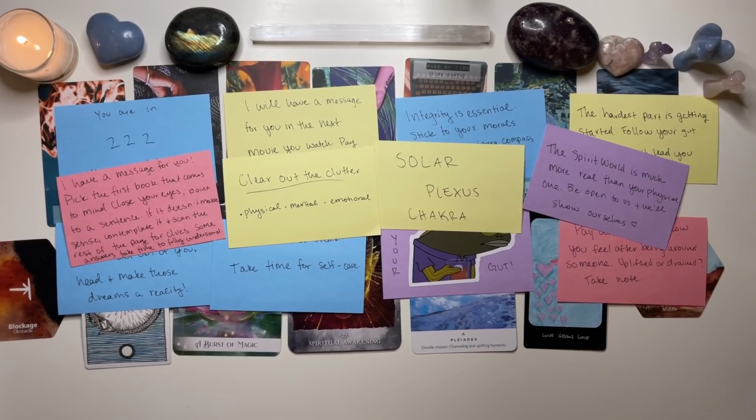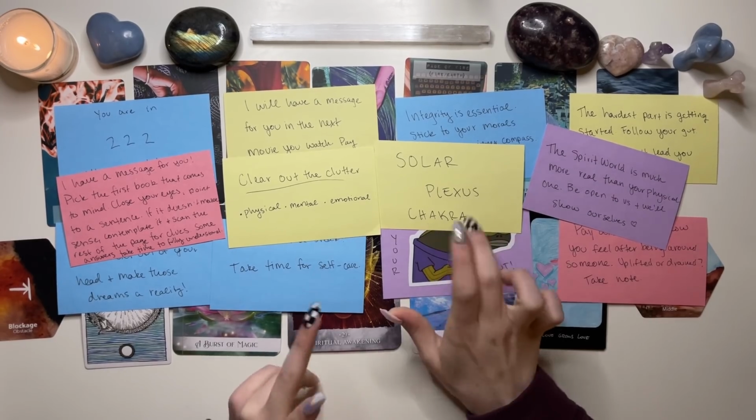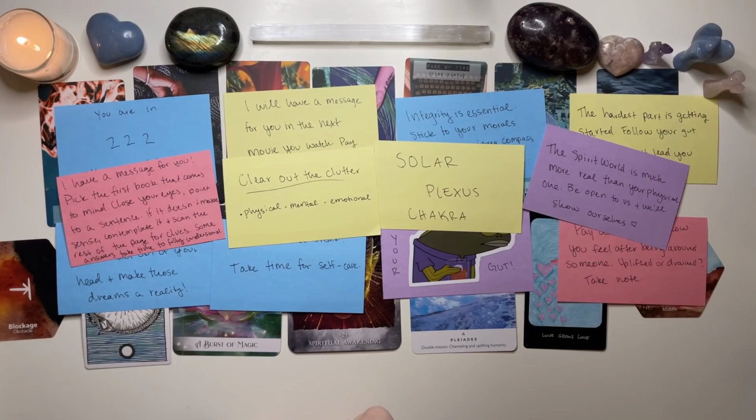And I'm also getting another message. If you've been romantically involved with people that you know are not good for you or that are just to fill the void, I feel like Spirit is saying that you might be a lot happier without them, because if they're not there for a deeper purpose and they don't make you feel good, I feel like that's a version of clutter as well. And with the Empress in reverse,